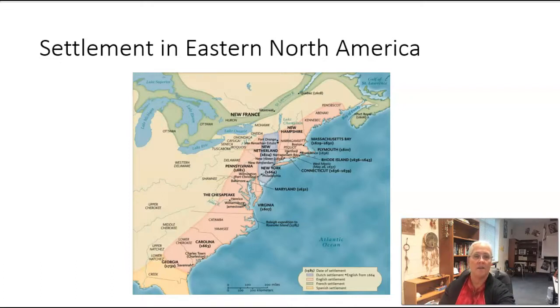So if you look here on the map, you can see that this part right here where the pink and the yellow come together, that is the western part of Virginia. Okay, so it's not way over here where it is today. It's right here at the Appalachian Mountains. And as the indentured servants gain their freedom, they move this direction. Well, they start bumping into the Native Americans, and it starts causing attacks and problems and conflicts.